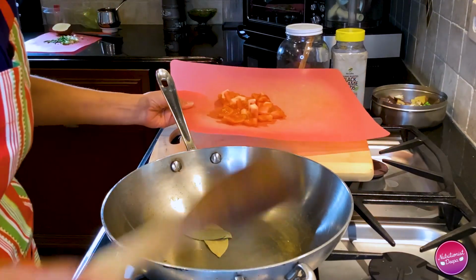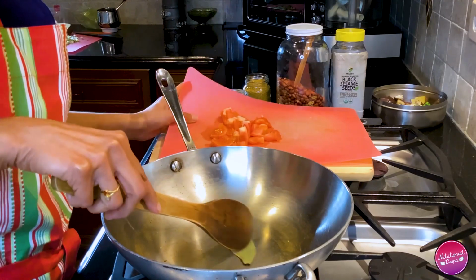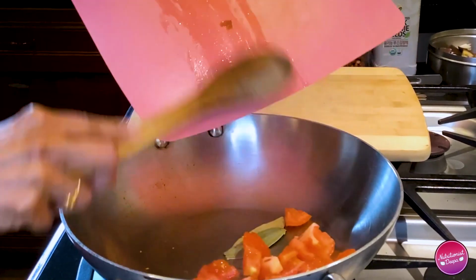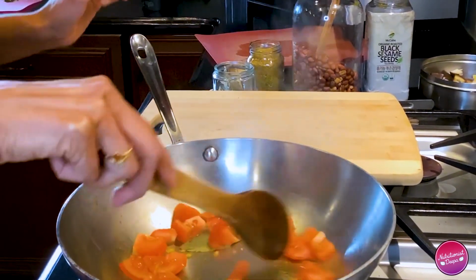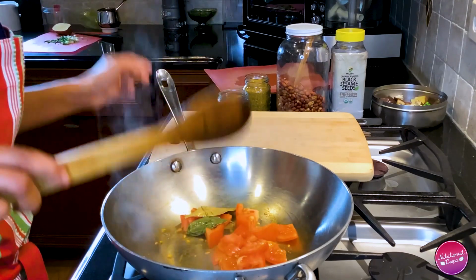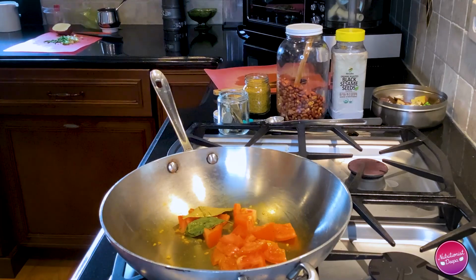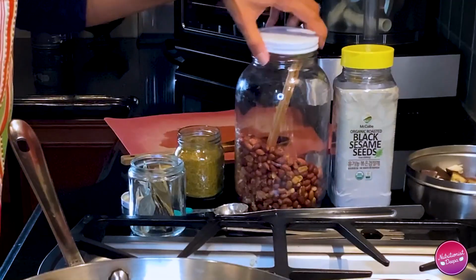As soon as the bay leaf starts to release that flavorful aroma, oh my god, I love the smell of the bay leaves. I'm going to add some chopped tomatoes. And in this recipe, there is really not much cooking to do. It's all about tossing all the ingredients together and just steaming, just kind of cooking them under the steam. Let's add